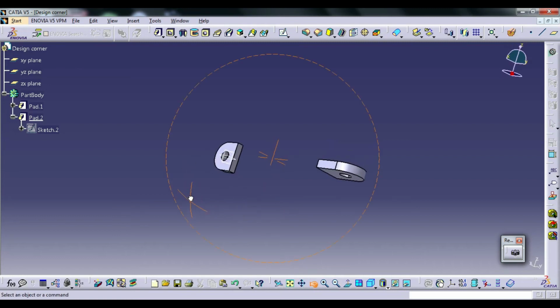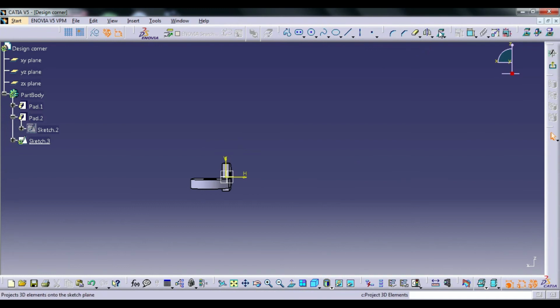After that, you click this face and exit sketch, give the projected 3D element.